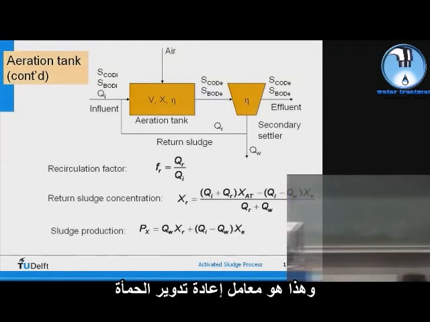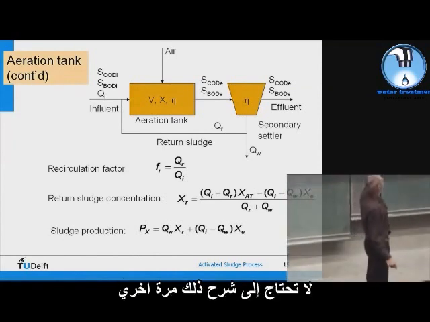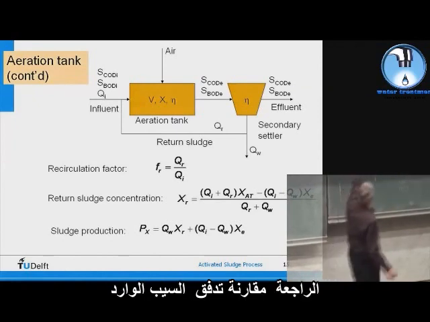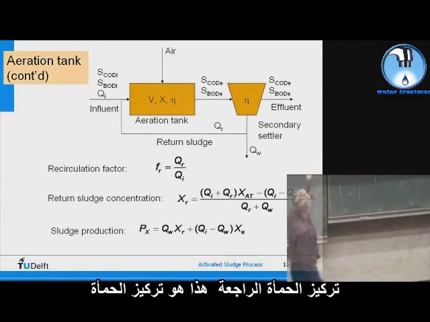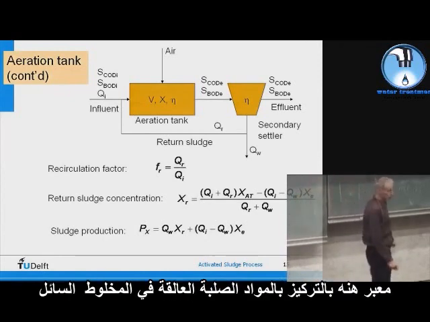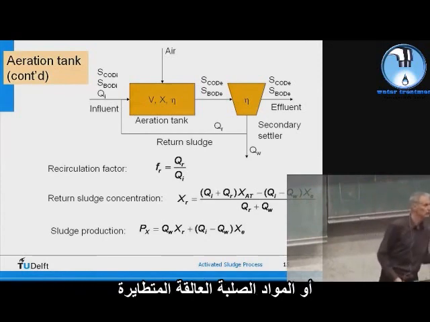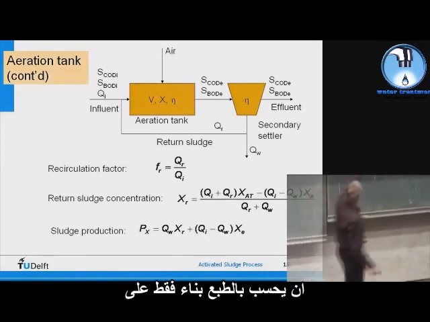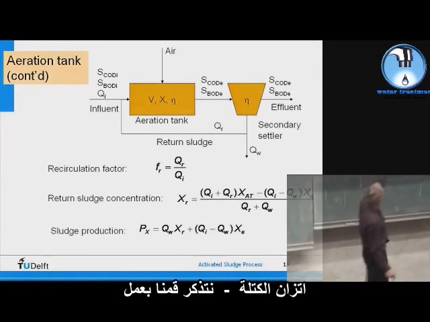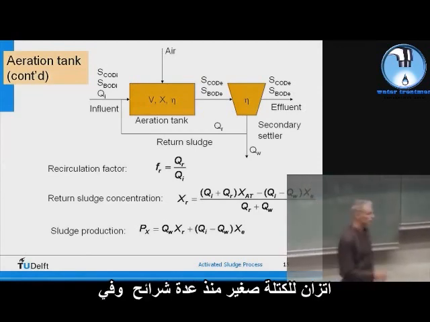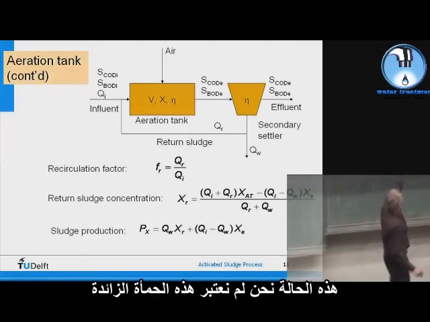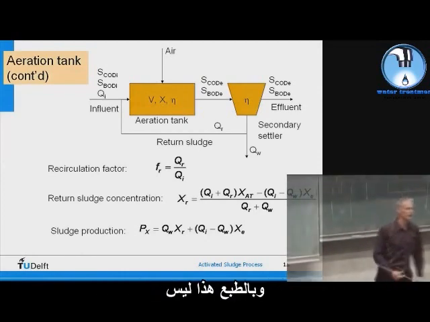There's a few more parameters. That's a recirculation factor. Well, I don't need to explain that anymore. That's the fraction of the return sludge flow compared to the influent flow. Return sludge concentration, that's the sludge concentration expressed in mixed liquor suspended solids or mixed liquor volatile suspended solids. But this can be calculated, of course, based just on mass balancing. Remember, we did a small mass balance a few slides ago, and in that case we didn't consider this waste sludge. And of course that's